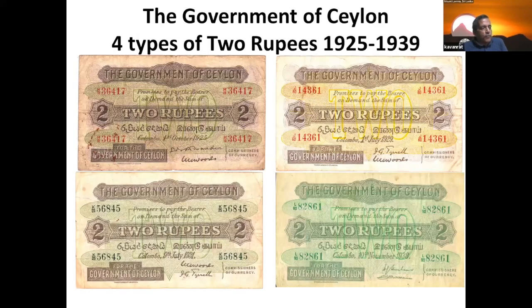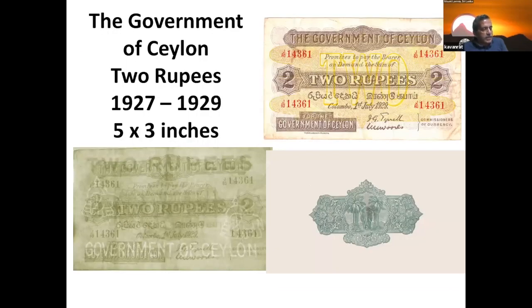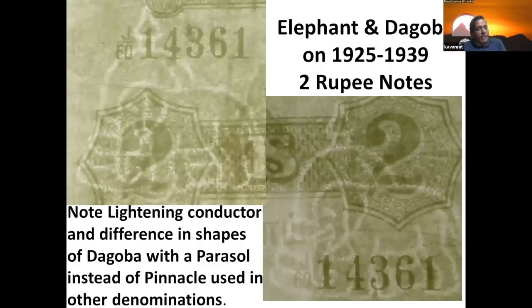There are 4 types of 2 rupee notes from 1925 to 1939, all of which have this same back engraving. If you take one of them, it has a watermark somewhat different to the previous one, which instead of having one elephant and Dagoba, has 2 elephants and Dagoba, and the Liavala and the waves have gone away. So when I was studying these elephant and Dagoba